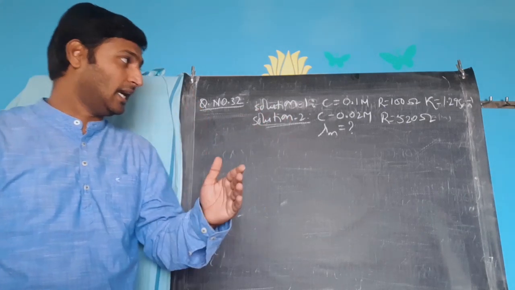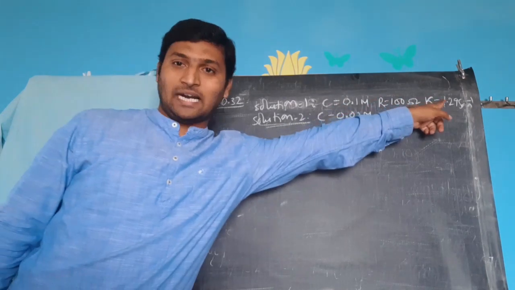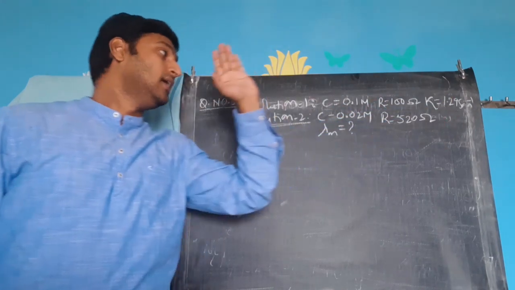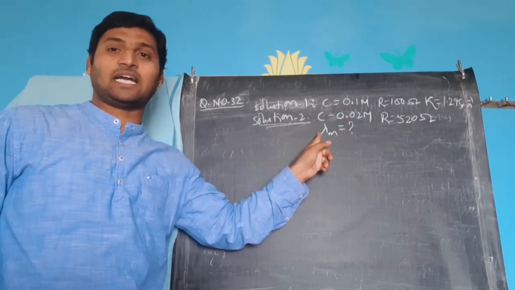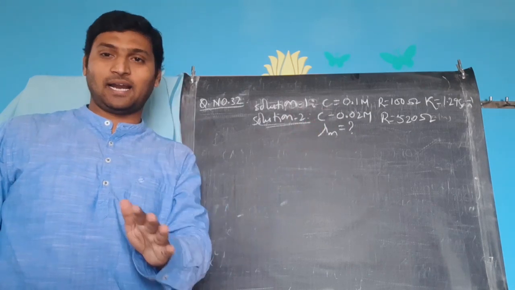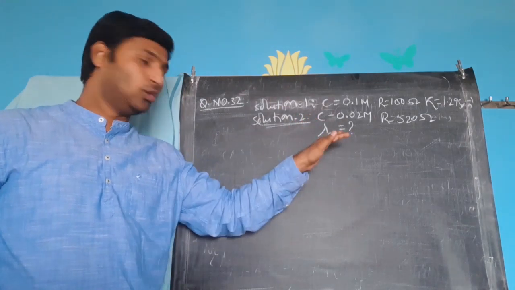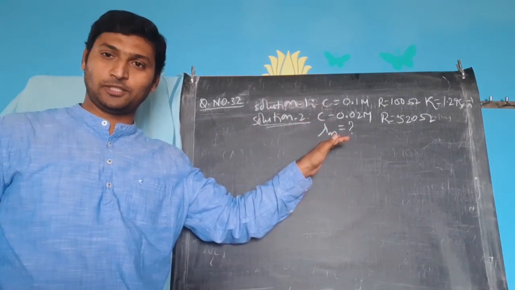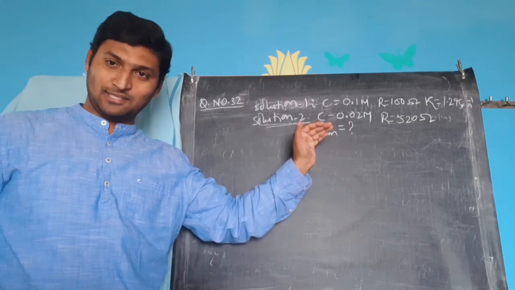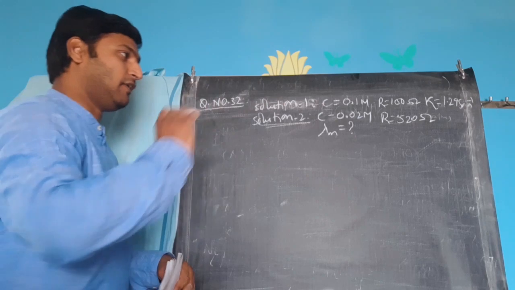So please understand, there is a standard solution for which conductivity is known. There is another solution for which conductivity has to be found. And by the way, to find lambda m, you need kappa, right? So indirectly he is asking you to find kappa for this solution and then go with finding lambda m for this solution. For all these things to happen, first let me write the basic formulae required.